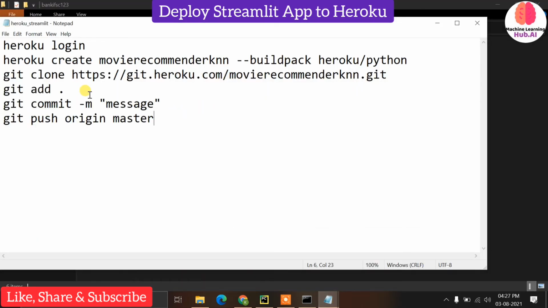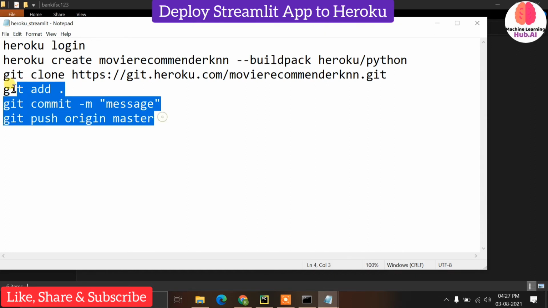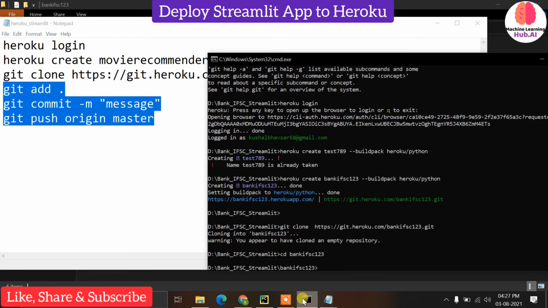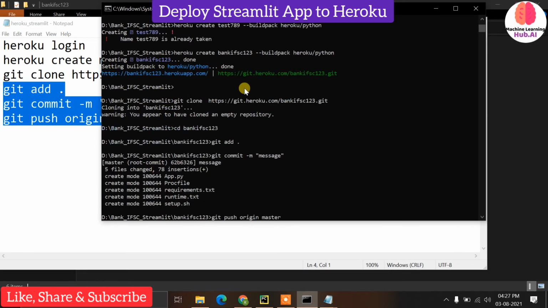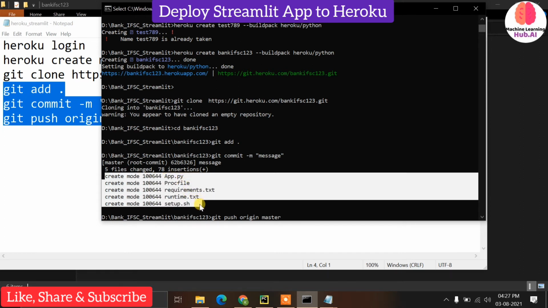The simple thing is git add, git commit and git push. That's all, it is very simple. Just write git add, then a commit message. Here you can write whatever message you want, and you can see all these files are committed.